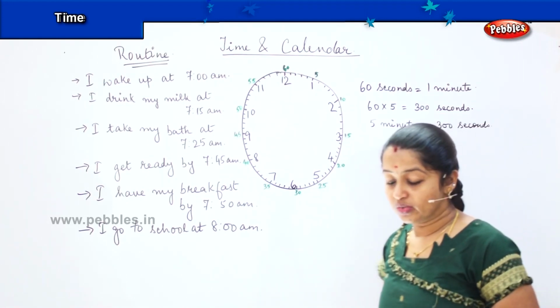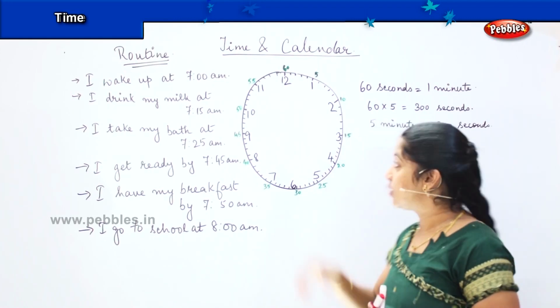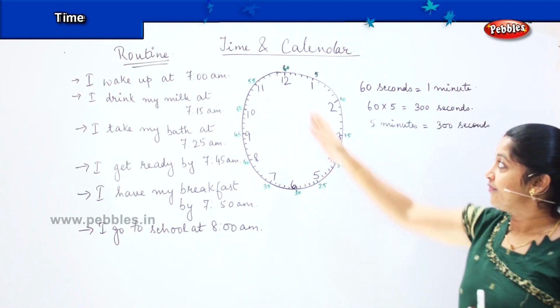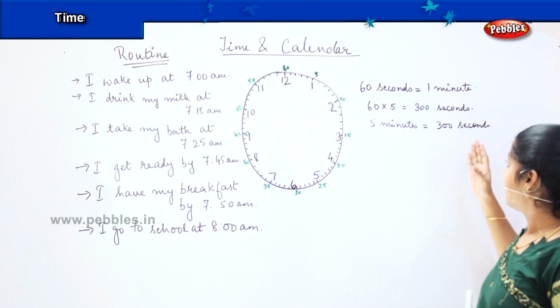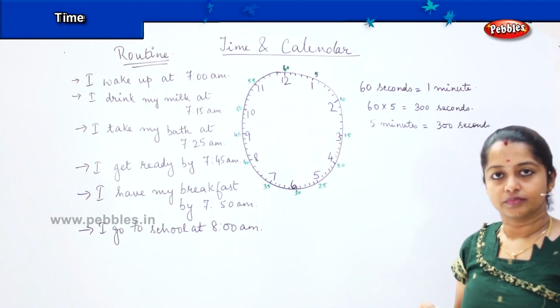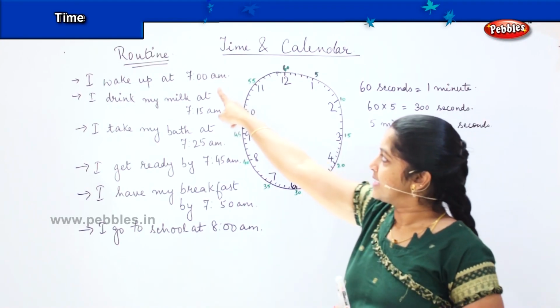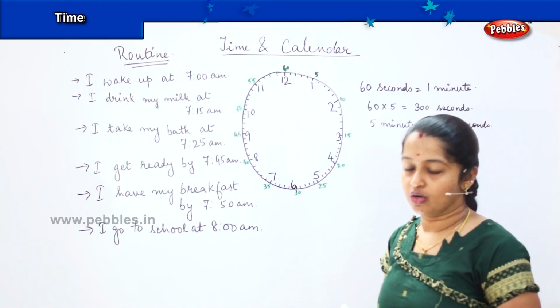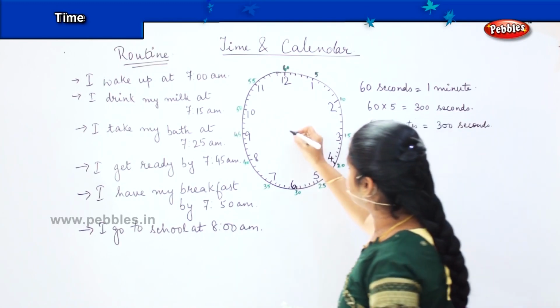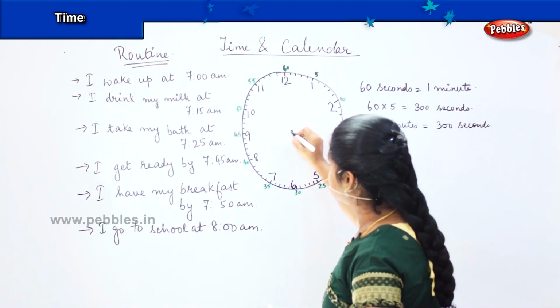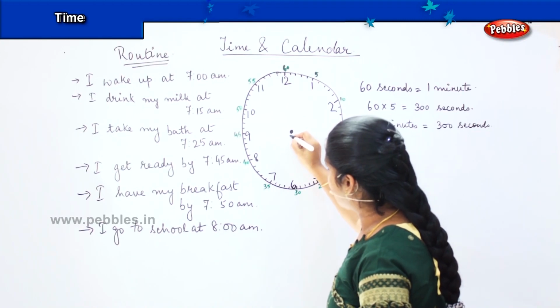Okay, so strange, no? We hardly notice so many things, but actually from moving from one digit to another, 300 seconds are going on. Yes, so now starting from here, it says that I wake up at 7 o'clock. So how is it that you're going to mention? I'll be putting one dot in the center. Okay, my small number is in 7.